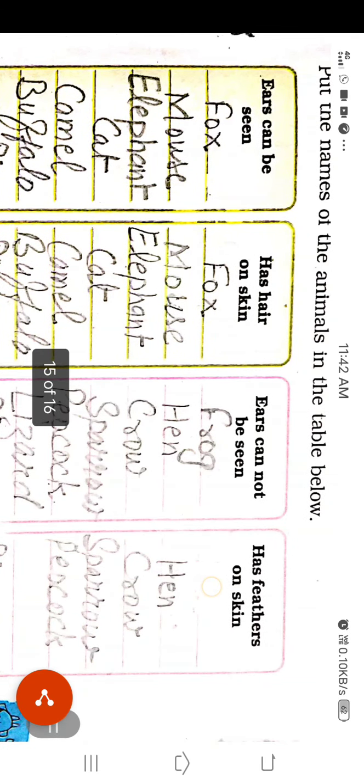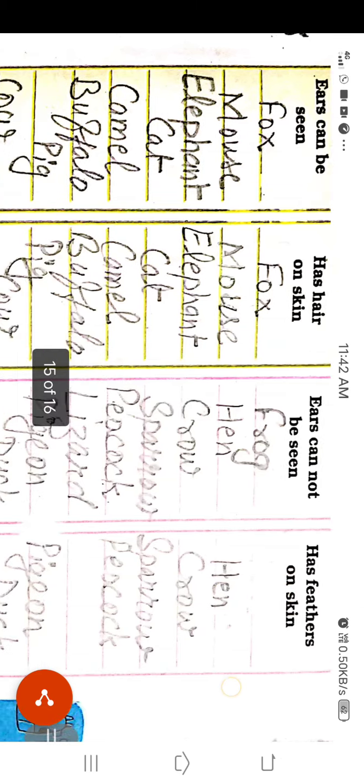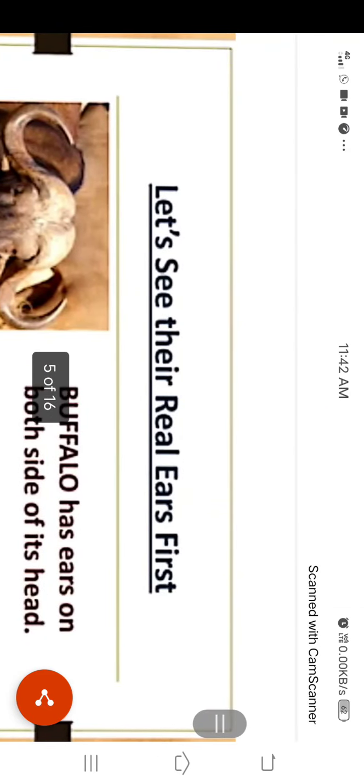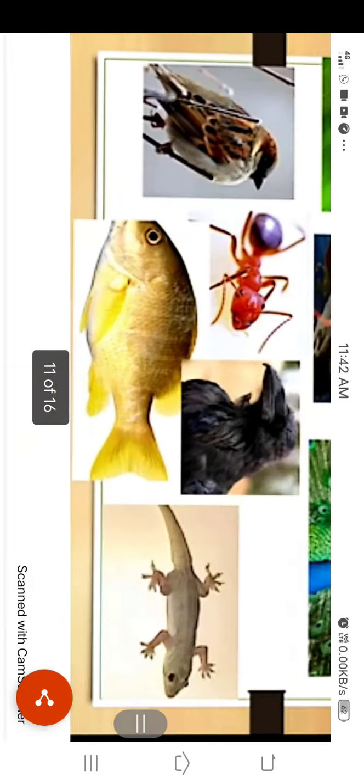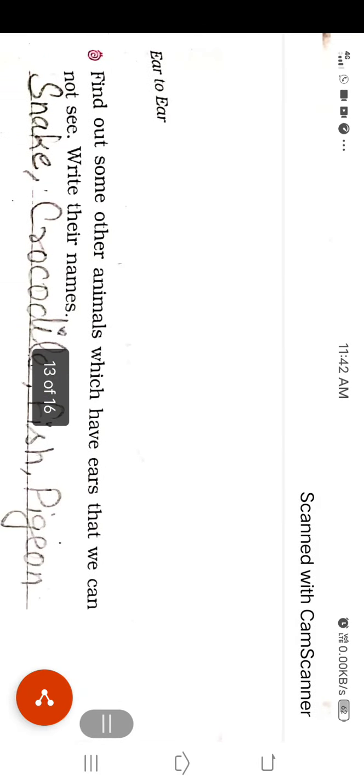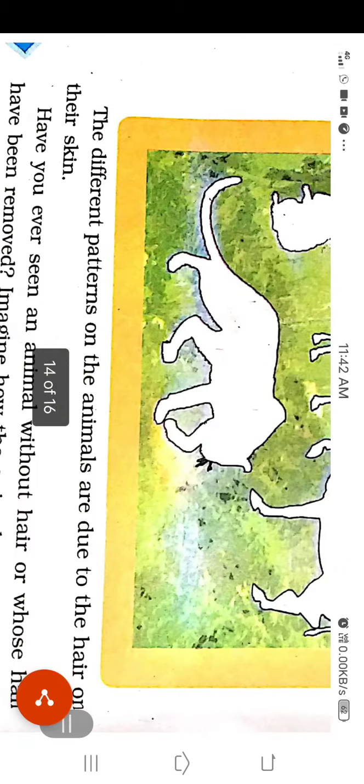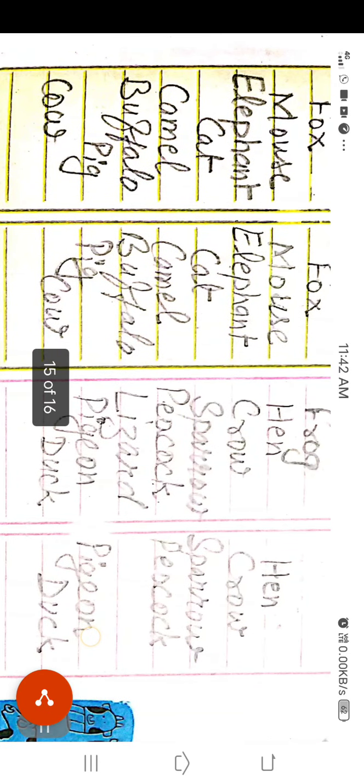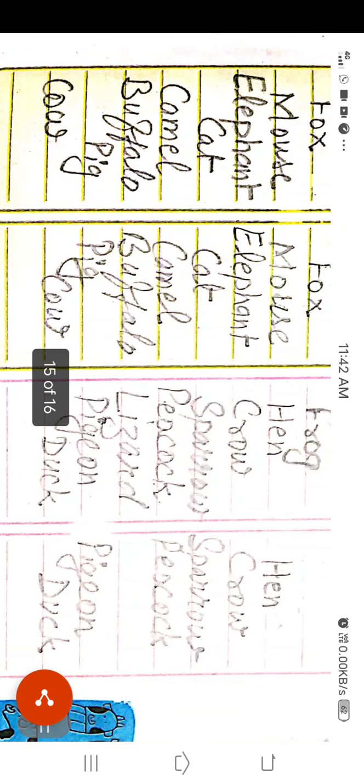And last, the animals that have feathers on their skin. You can say that all the birds have feathers on their skin. So I have written here from the list: hen, crow, sparrow, peacock, pigeon and duck.